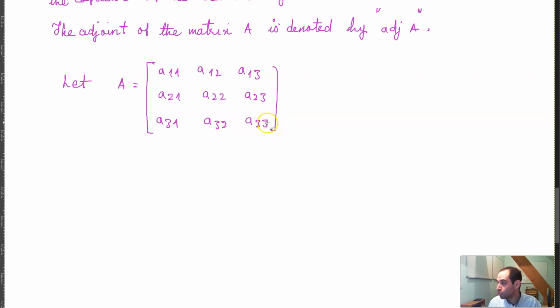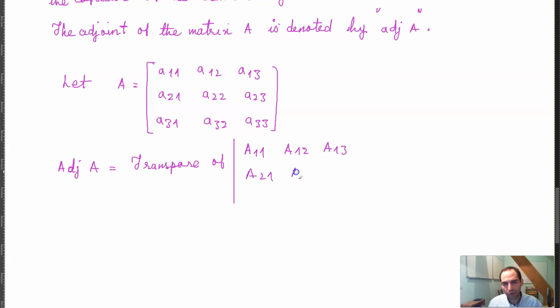And the adjoint of A is equal to the transpose of the matrix that you form, where you take each of these elements and calculate the cofactor of that element. For example, this becomes A of 1 1, A of 1 2, A of 1 3, A of 2 1, A of 2 2, A of 2 3, and then you have A of 3 1, A of 3 2, A of 3 3, and that is the matrix that you get. And when you take the transpose of this matrix,